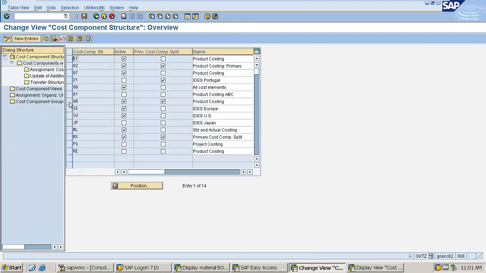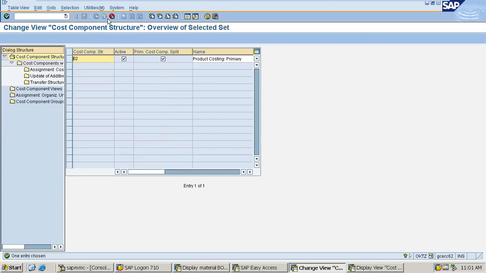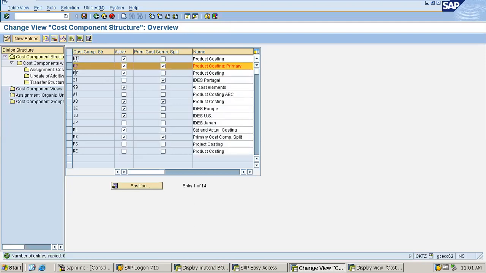AB is the cost component structure that I have created, and here as well you can select any one of them. You can just press copy as and create your own. Accordingly I have created my own, and that is AB. And don't forget to activate the active button, and don't forget to activate the primary cost component split button. So I have enabled both of them.